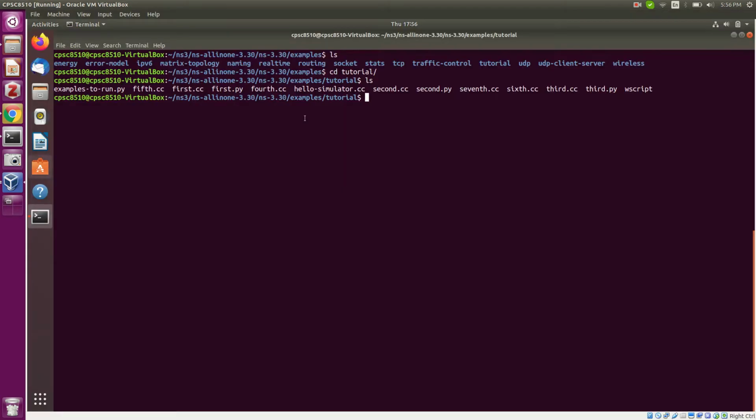One last thing I would say is that a lot of NS3 dependencies have already been installed on this machine, a lot of which are things you would need on a new machine anyway. So TCP dump, C++ and Python packages, Valgrind and Vim packages are already installed. But as you work with this more and find yourself needing more, the simple way to install is to use the apt-get method.